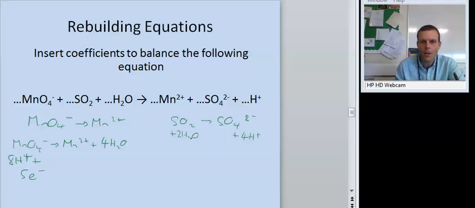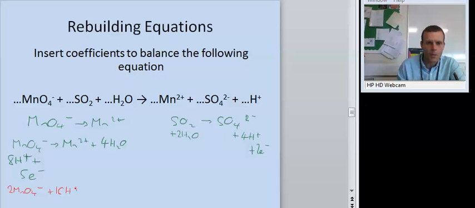Now I look at my charges, that's 0 over there. Over here it's plus 2, so I'm going to need to add in 2 electrons. Now I want to combine these together so that when I add them together the electrons cancel. Unfortunately it's not going to be that easy. I've got a 5 and a 2, so I'm going to have to scale that one up. I'm going to multiply this one right through by 2, so it becomes 2MnO4 minus plus 16H plus 10e minus